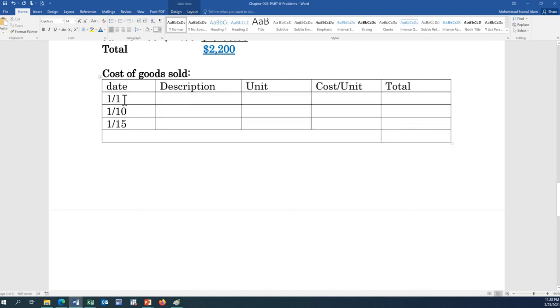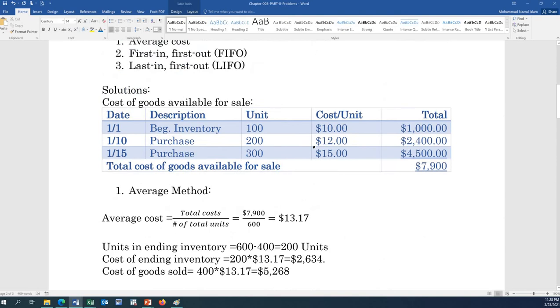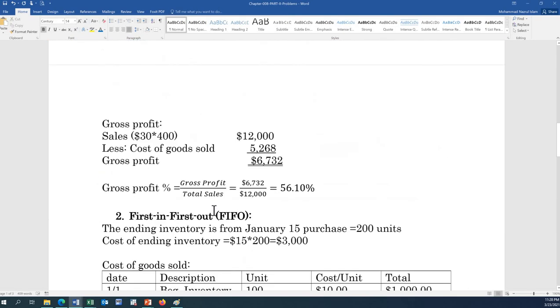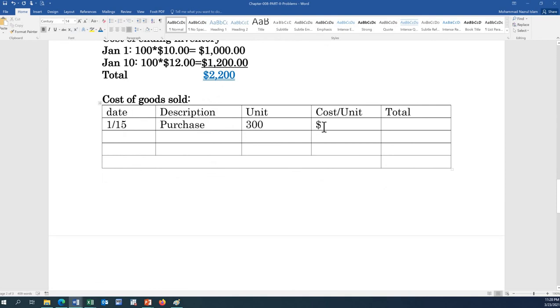So what we do, we sell from the January 15 purchase first. We sell 300 units, and on January 15 we had a total of 300 units purchased. So we are selling these 300 units first. This is last in first out, so it's going to be a total of 4,500,